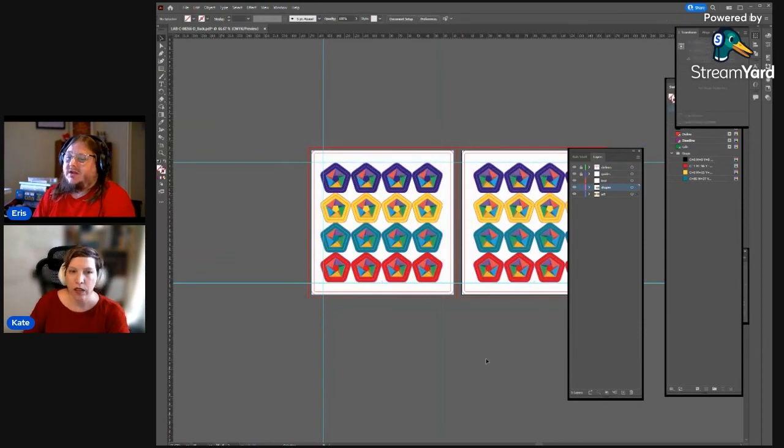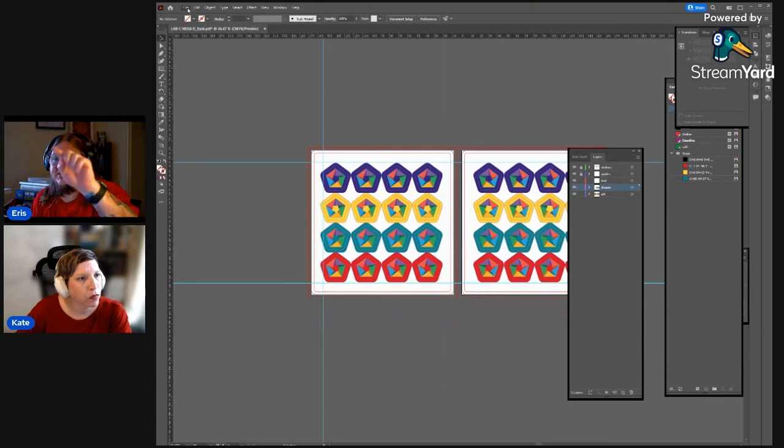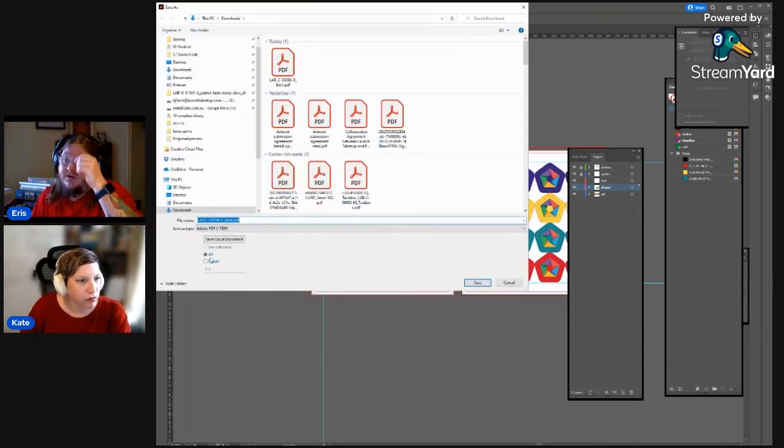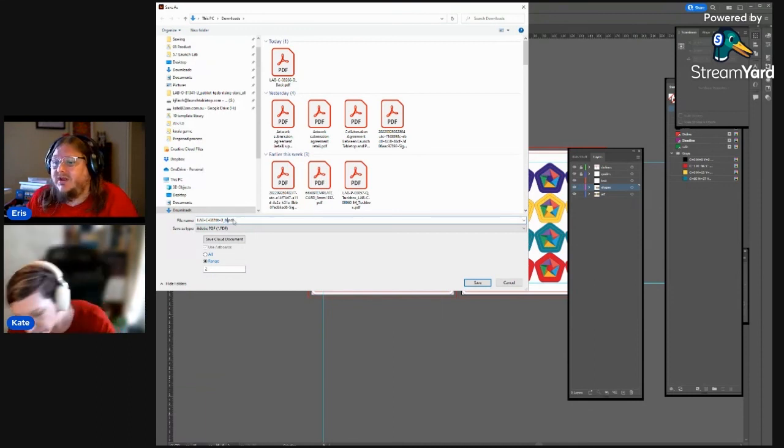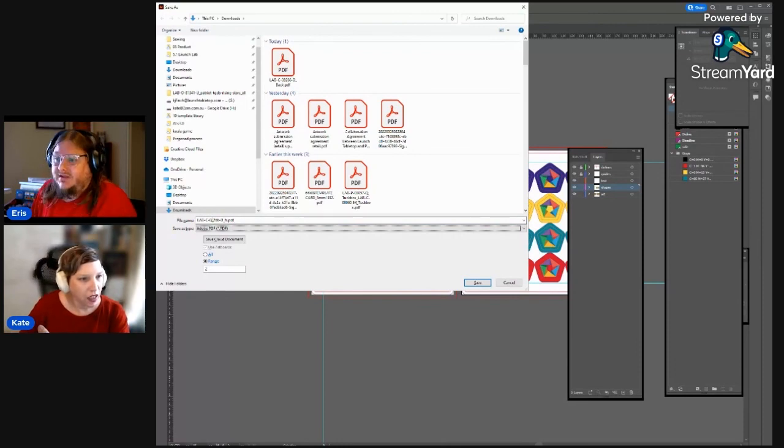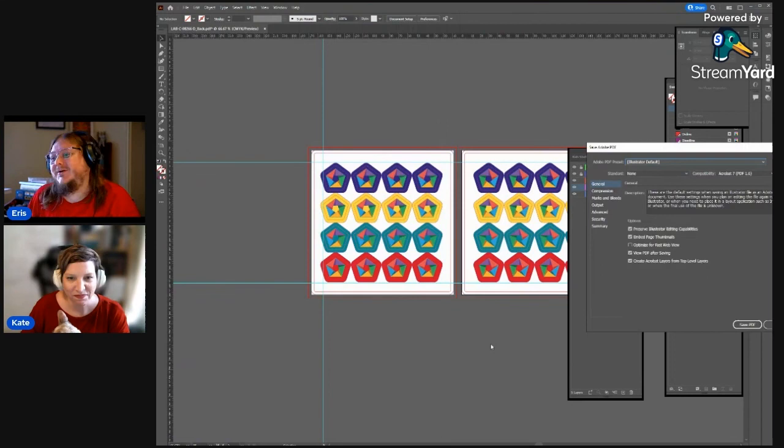So I could save out this artboard as my back, this artboard as my front, and upload the two PDFs separately. When you do a save as in Illustrator, you can pick your artboards, so you can actually just pick artboard 1 with the range. That means if you've got a few, you can use one Illustrator file for a few different artboards and just save out the appropriate one.